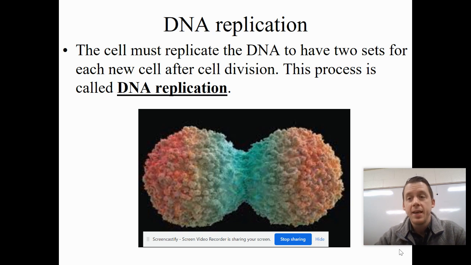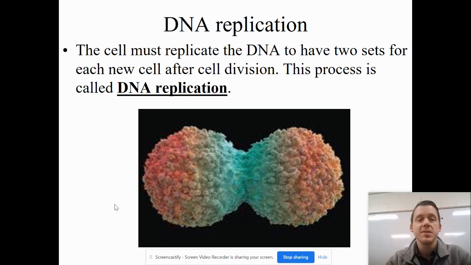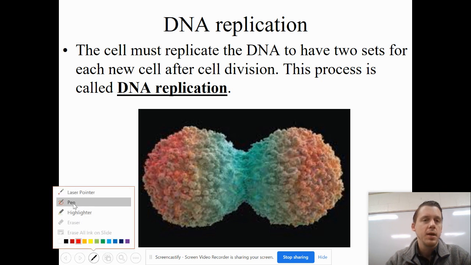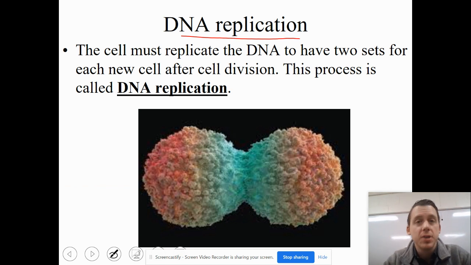Hello everyone. Today we are going to learn about DNA replication. So DNA replication is going to occur before cell replication. So let's take a look at what it says here. It says that for DNA replication, the cell must replicate the DNA to have two sets for each new cell